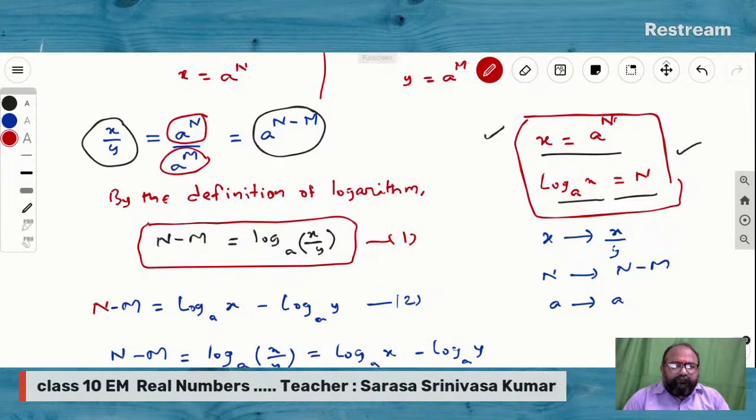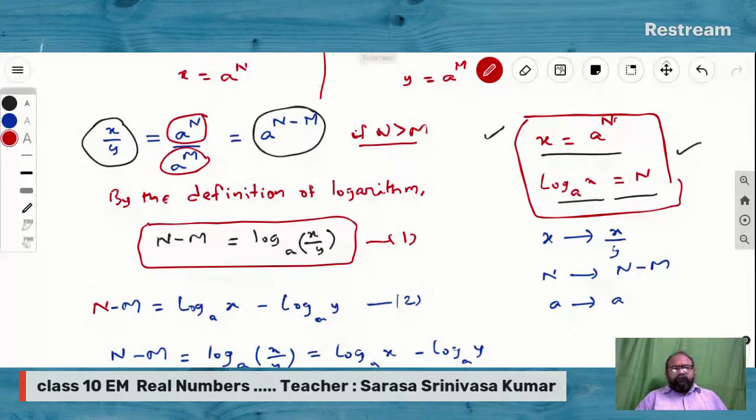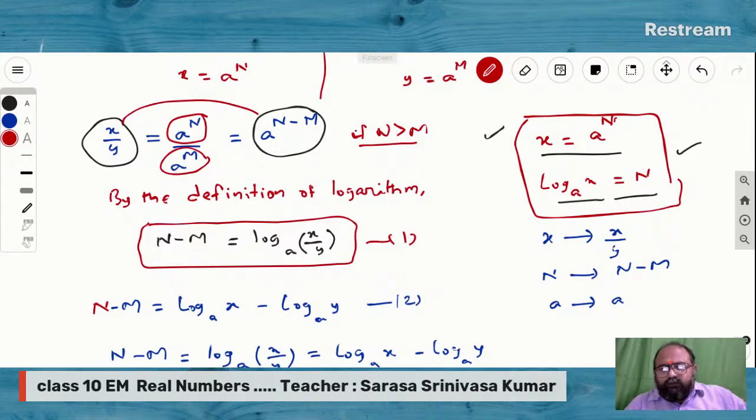So a power n by a power m, we can write as a power n minus m, if n is greater than m. If we can write x by y equals a power n minus m, then we apply the formula